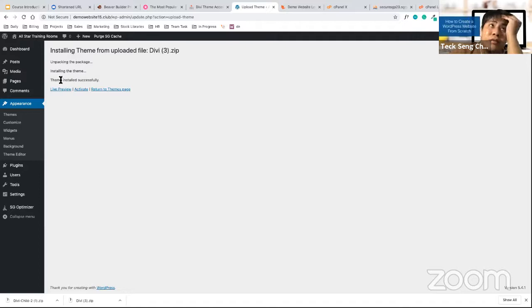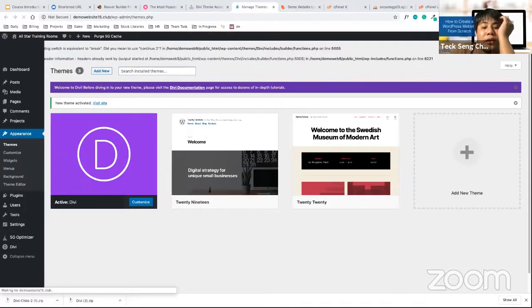It says theme installed successfully. Click on Activate. Once you got it activated, just give me a thumbs up.